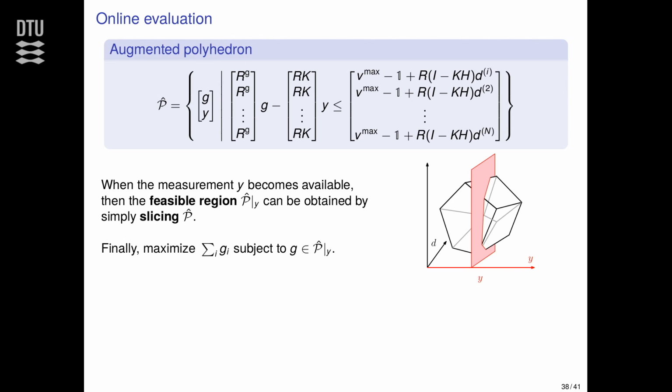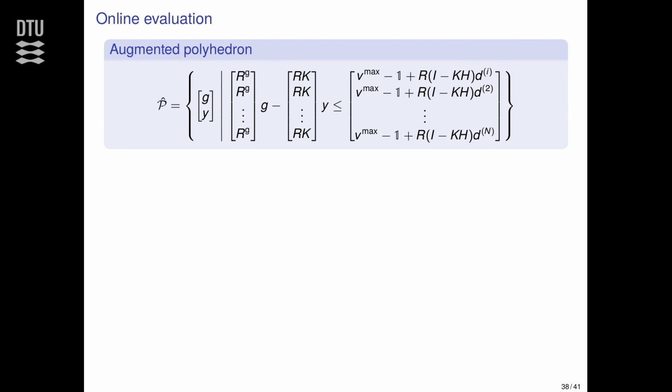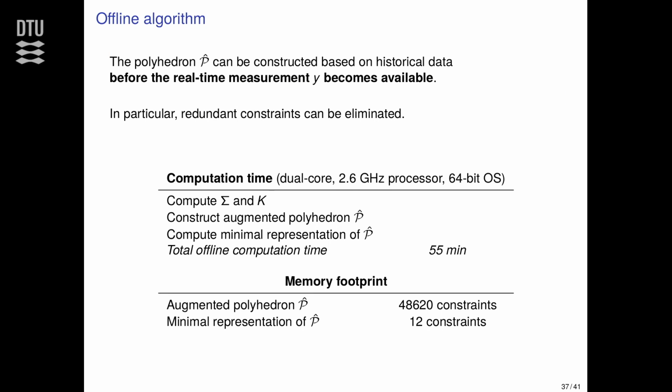You have to slice it, right? Because now it was a polytope in G, in D, and Y, and now you slice it because you know that Y is not any possible value, it's only here. And this slicing operation is trivially simple. So what you can do is that all this polytope is constructed beforehand,